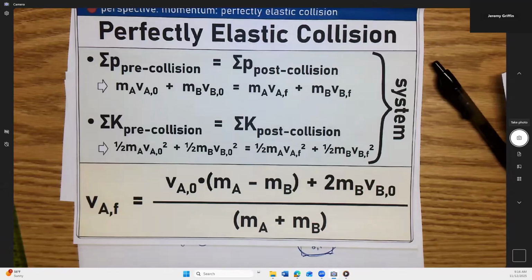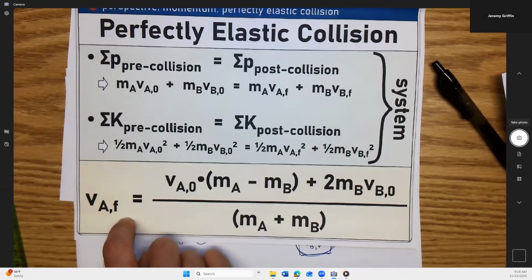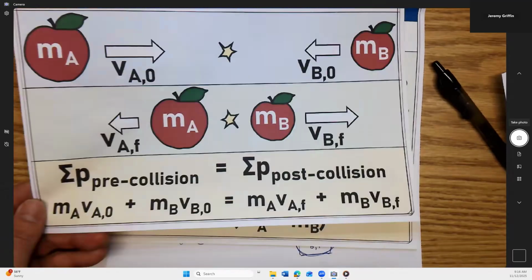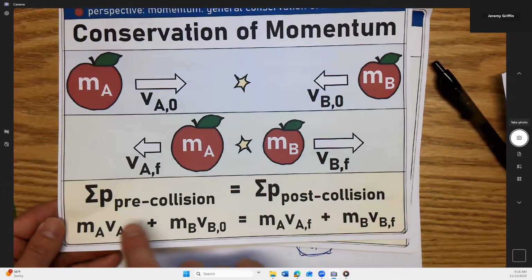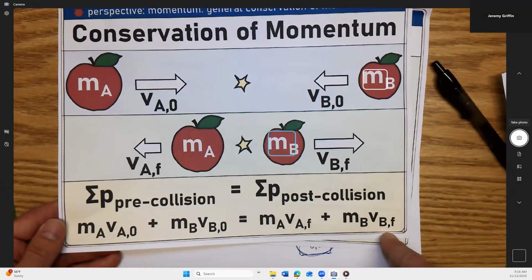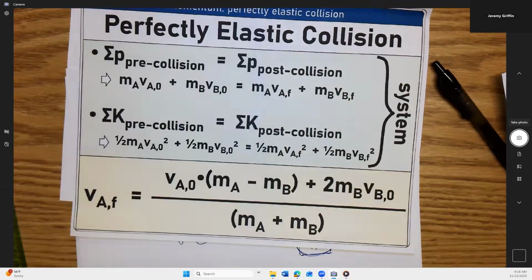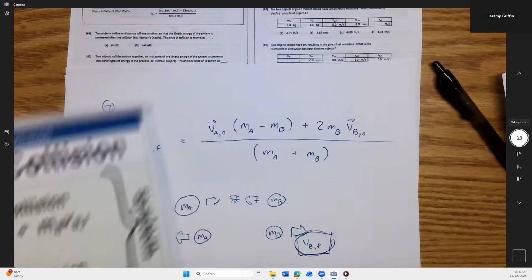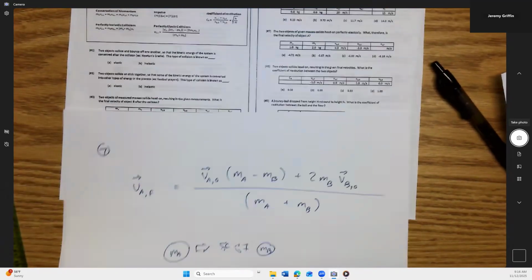And then another way to do it too is once you solve the final velocity of object A, could you just go back to general conservation of momentum and solve for the now one unknown velocity? You can do that too, right? So there's a couple of ways to do that right there. You can do that. Right. Then